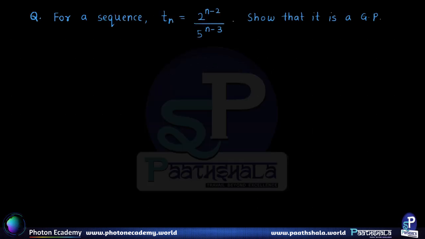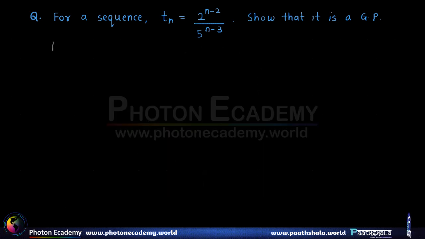Now let's go to the next question. For a sequence, Tn is given by 2 raised to n minus 2 upon 5 raised to n minus 3. Show that it is a GP. Now here, to show that a particular sequence, say T1, T2, T3 up to Tn is a GP, it means that we have to show that for any pair of consecutive terms the ratio is constant, because that's the